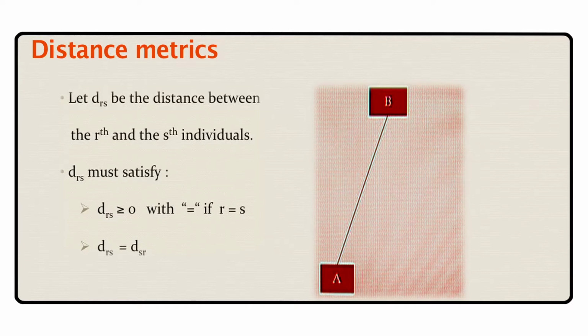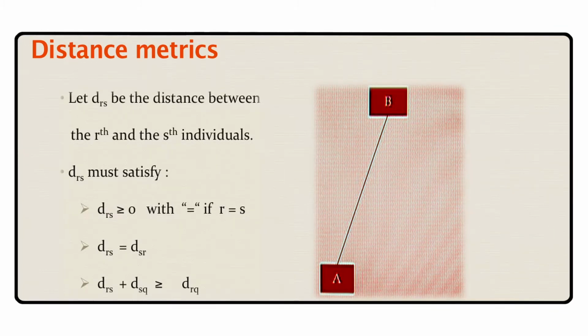The second condition it must satisfy is D(r,s) must be equal to D(s,r). That is, the distance from A to B is the same as the distance from B to A. The third condition, which is referred to as the triangle law, states that D(r,s) plus D(s,q) should be greater than or equal to D(r,q), which means that the sum of two of these distances in a triangle must always be greater than